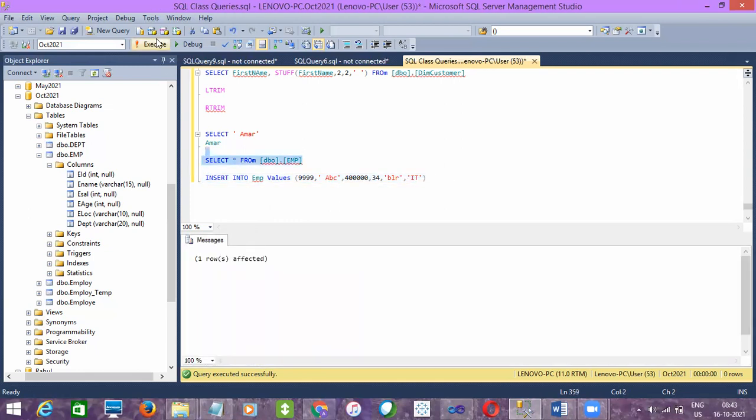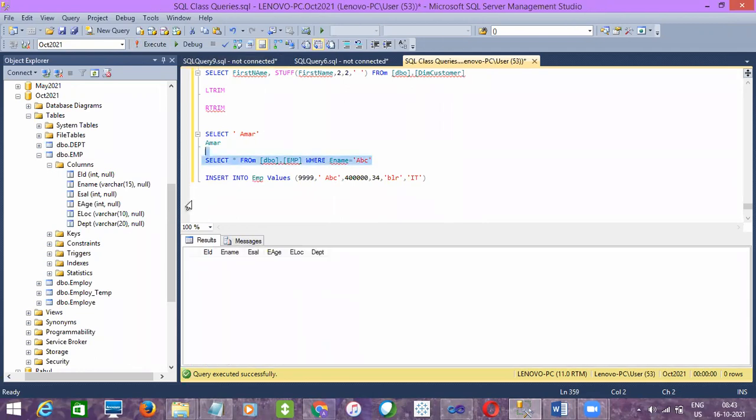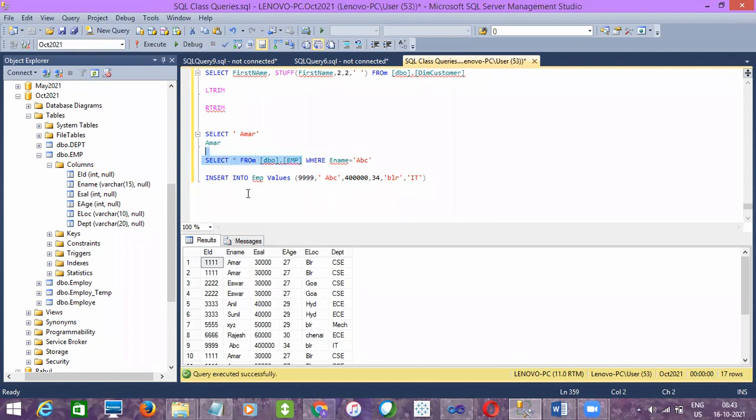Now if you want to filter out the data where name equals ABC from this table, I want to view only the data where name equals ABC. How to query it? We just need to add a where clause filter, right? So where ename equals ABC. If I execute, are you getting the ABC value from here? No, right? But if you see the table result set, you can see an ABC value here, right? There is a value called ABC here, but when you filter, you didn't get it.